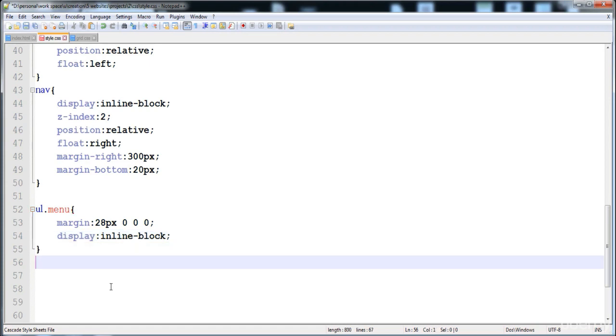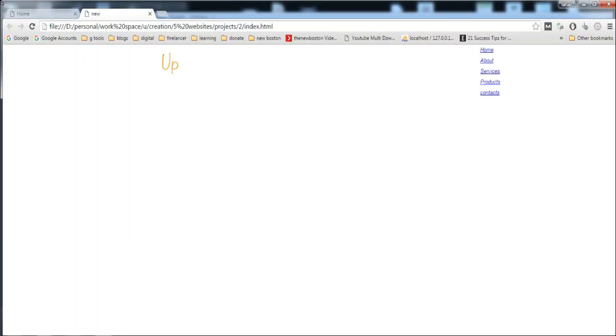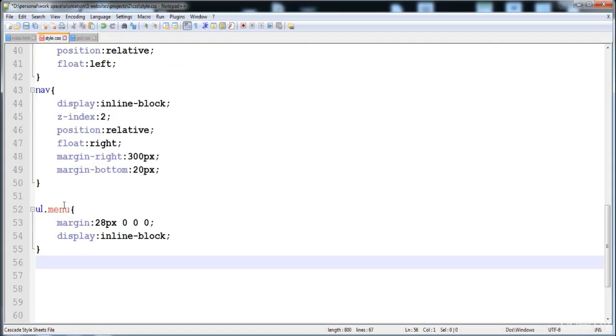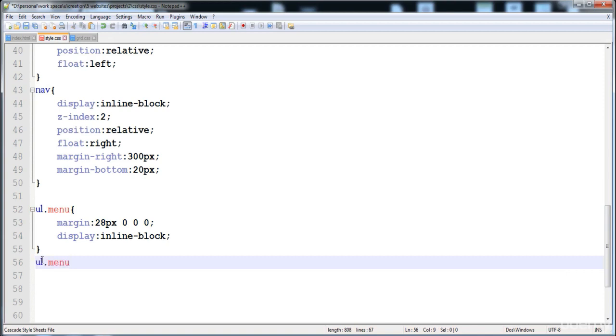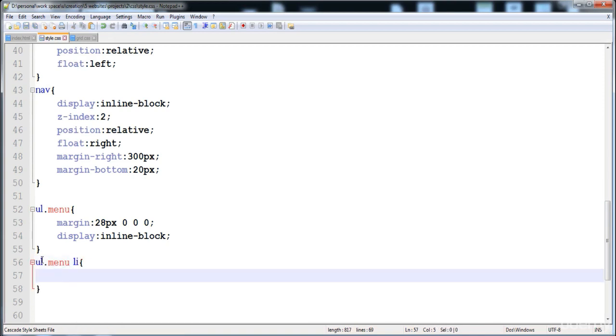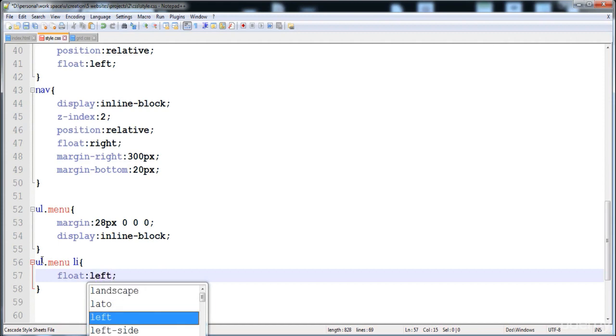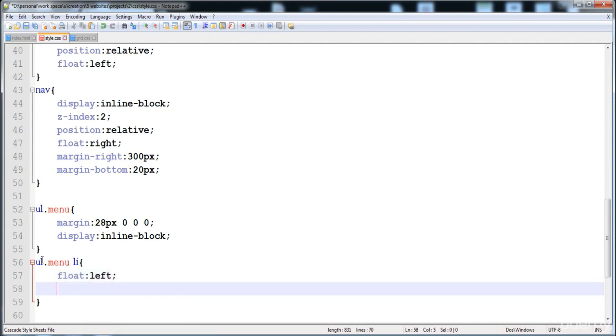And now I'm going to give the style to the list items. Here the distance is created on the top side, and now I'm going to give the style to the list items. Copy this and paste it here, and here it is. And now here I'm going to write float left, and then here I'm going to give the line height, here is the 30 pixel,